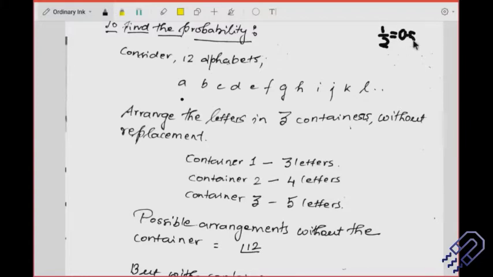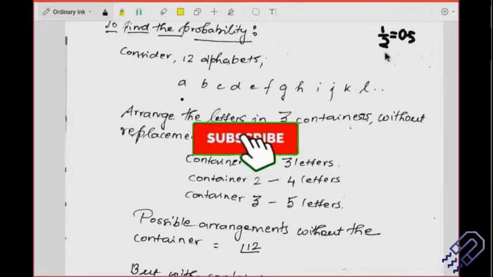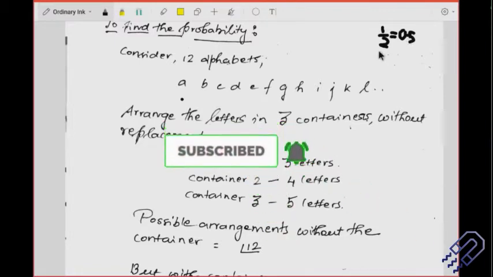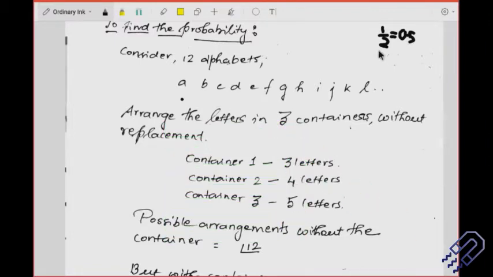But when the number of values becomes more and more, when you have more and more variables involved, you cannot really do it that simply. You need to do a lot of other analysis. For example, permutation and combination, those logics come into the picture so that we can include all the possibilities.